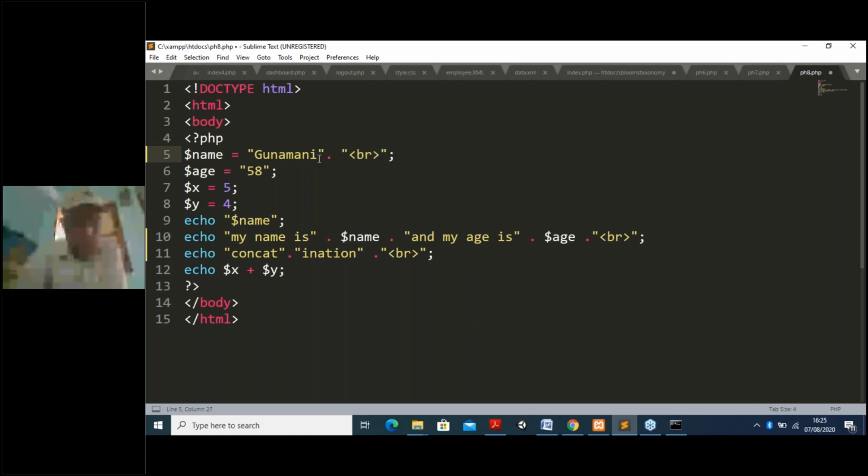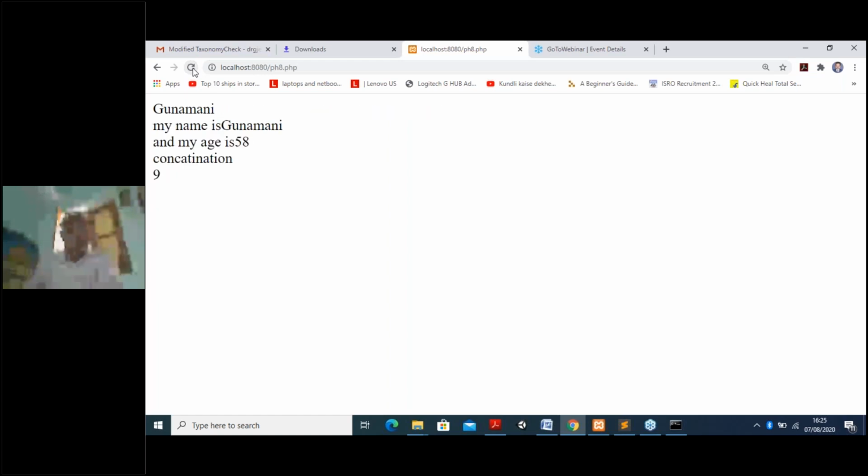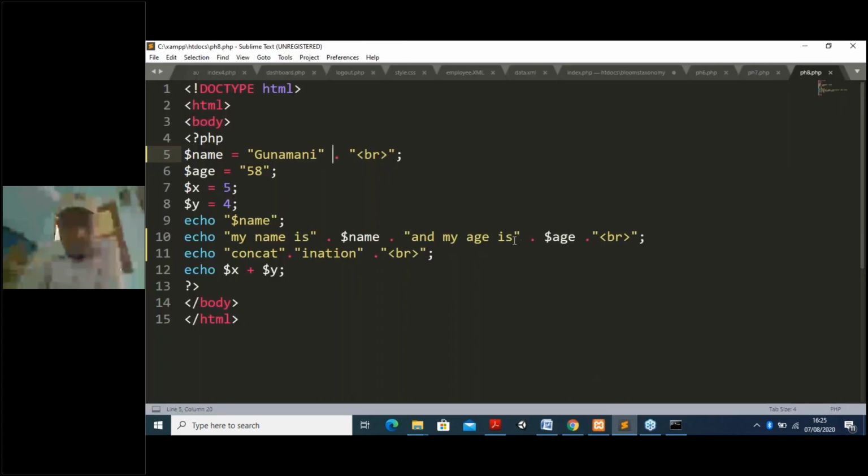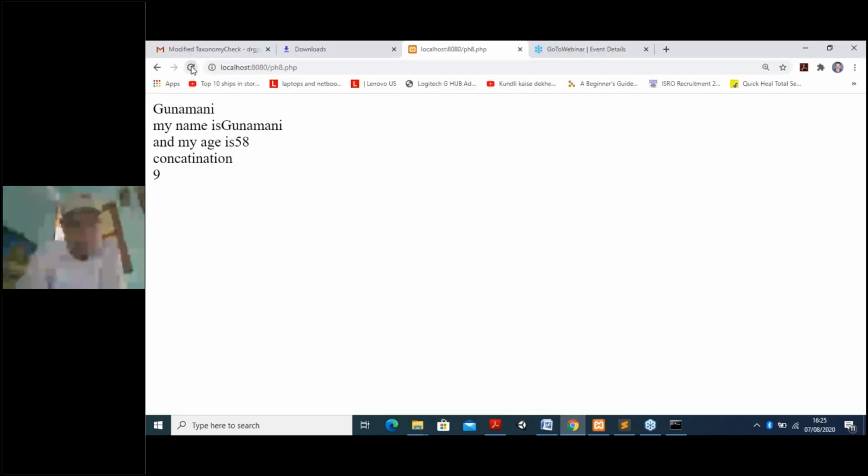Okay, so it will come also like this. So it must be separated by a space also. So Control S. Now if you refresh it, you can clearly see Gunamani. My name is Gunamani. So there is a space required after "is". So for that, what you need to do, and "my name is", there is an easy way you can do it here also. My name is, just put a space here, Control S, and you run it. There is no issue. So I hope your problem will be sorted out.